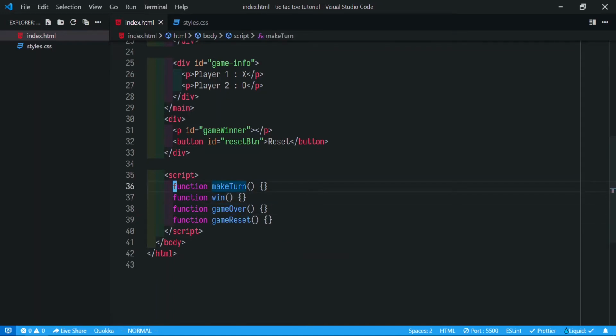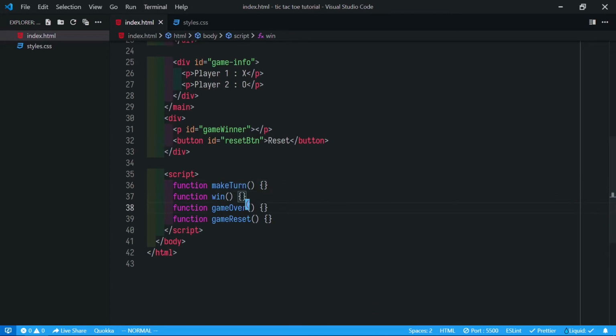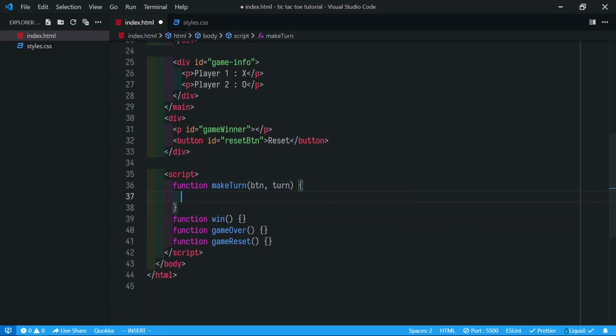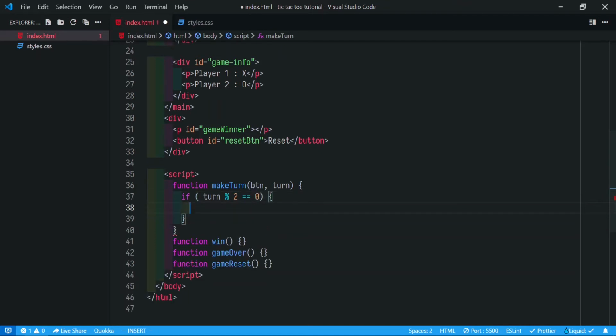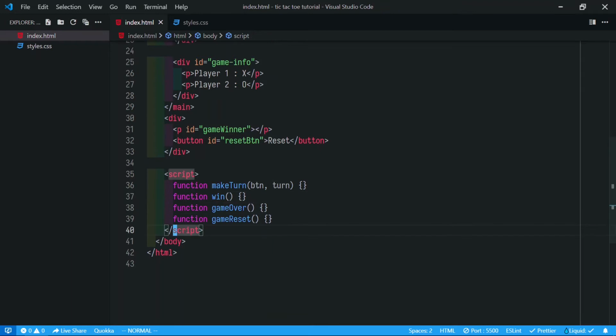We will start with the make turn function. What it will do is take a button element and the turn, whose turn it is, and we check if the turn is even, like this.